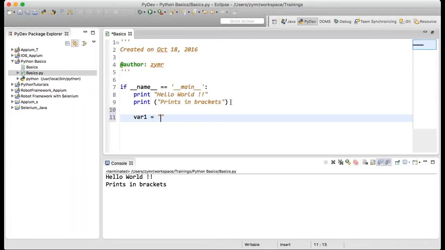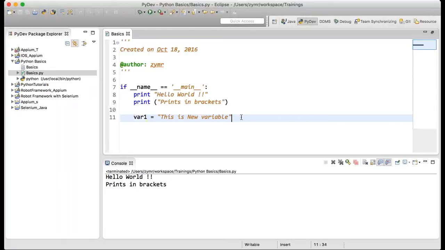Suppose I say this is a new variable. At runtime it understands that var1 is a new variable, which is of type string.